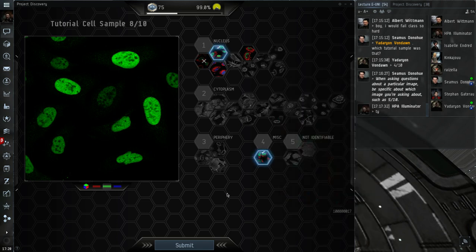And some locations are easier to tell, some are more difficult. Nuclear bodies, for example, can be really difficult to tell. Is it really cell-to-cell variation, or is it just that the focus is slightly off? Because they're so small, sometimes you can't really tell whether they're actually nuclear bodies or not.